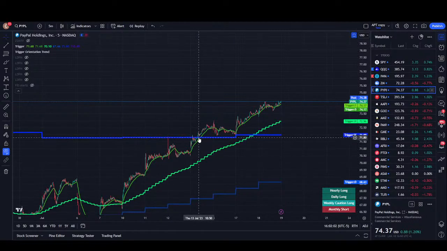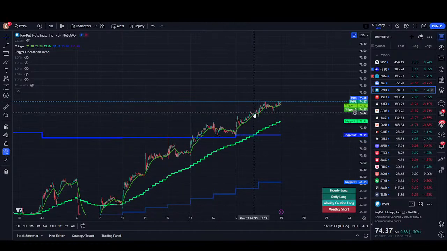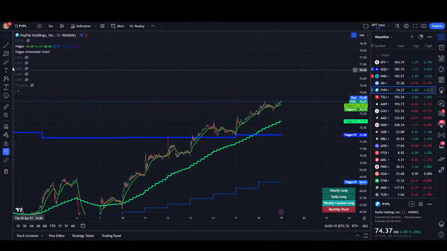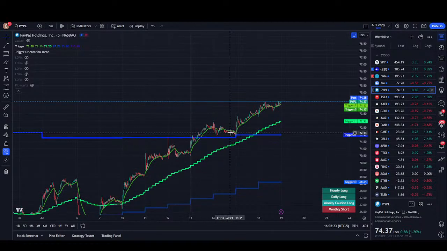So PayPal crosses the weekly trigger right here at 72. Now, if I want to get long because I'm scared that I might miss an explosive move to the upside, which in this case you would have missed a $1.50 move to the upside before the hourly trigger crossed. If I want to get long but I want to mitigate the risk of price possibly breaking above the weekly trigger and breaking back down, or price just doing nothing throughout this entire time period, what I'll do is I'll,